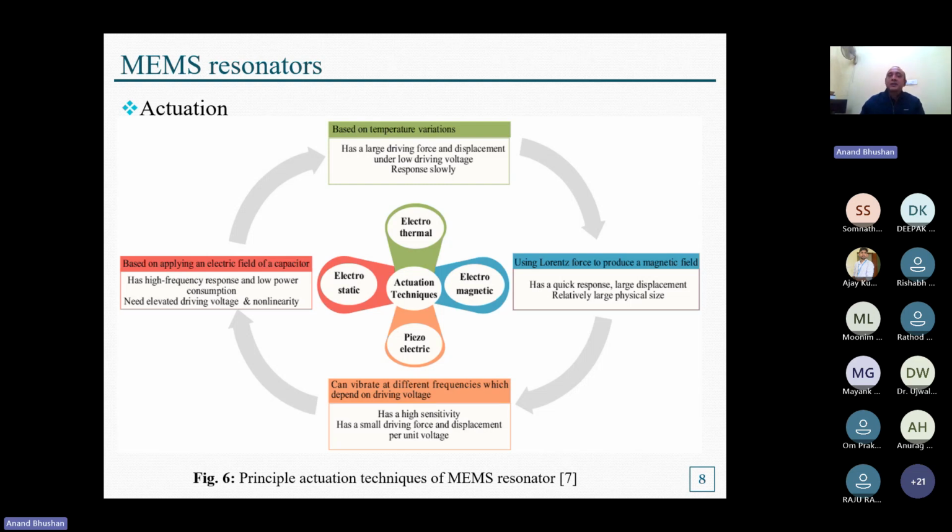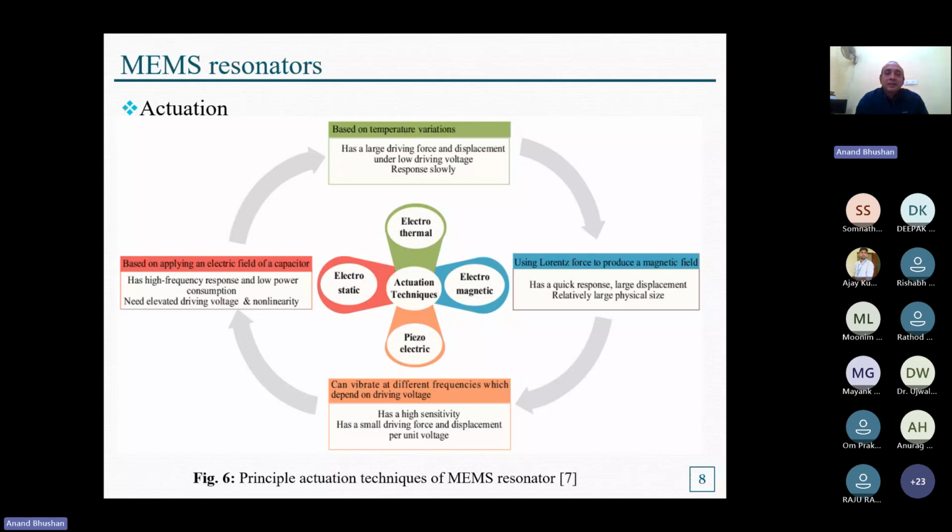Next, in MEMS resonators, as we have discussed, a MEMS resonator has two aspects. One is the mechanical aspect, the deformable part, which we discussed in previous slides. The second is the electronic system. The role of the electronic system in MEMS devices is for actuation and sensing. In this slide, we can see actuation. Here there are different actuation techniques widely used in